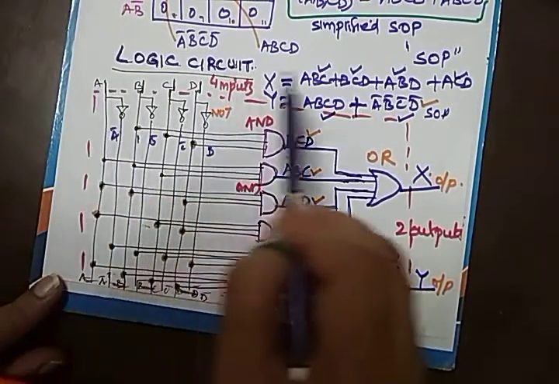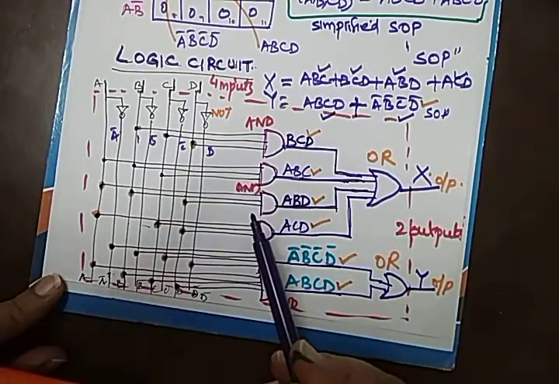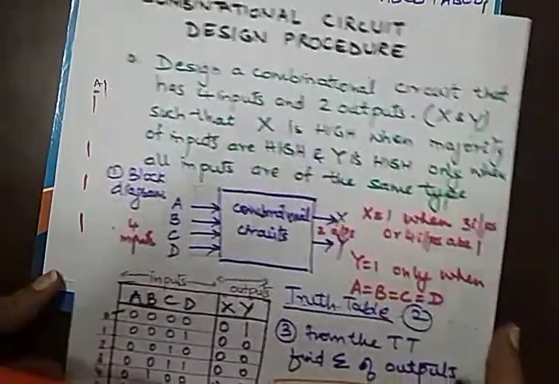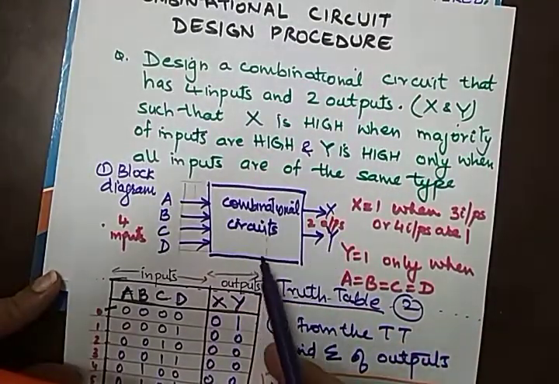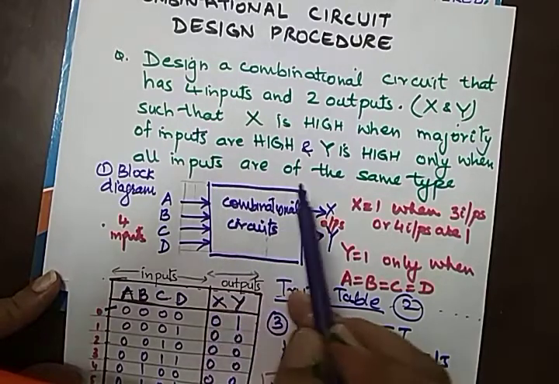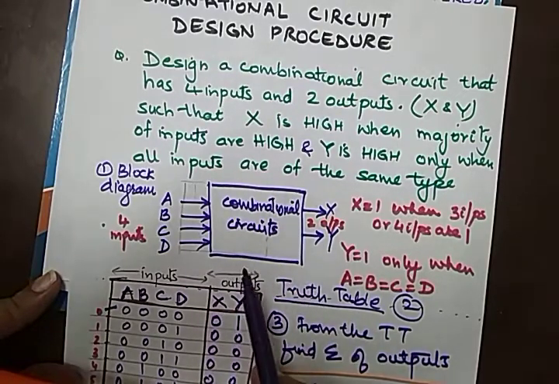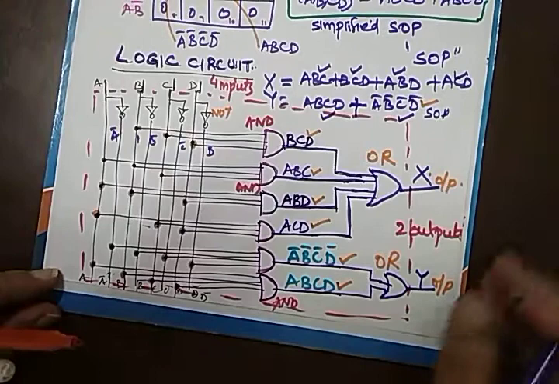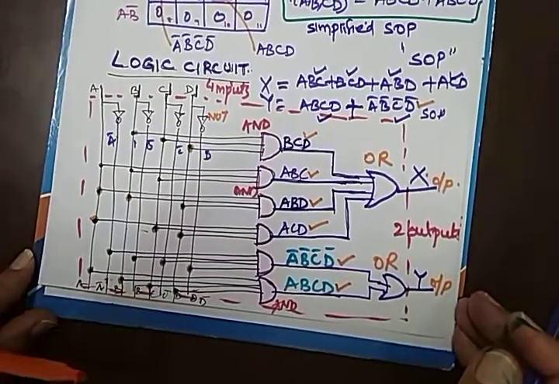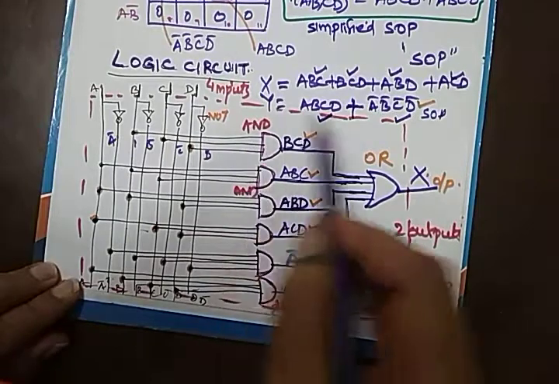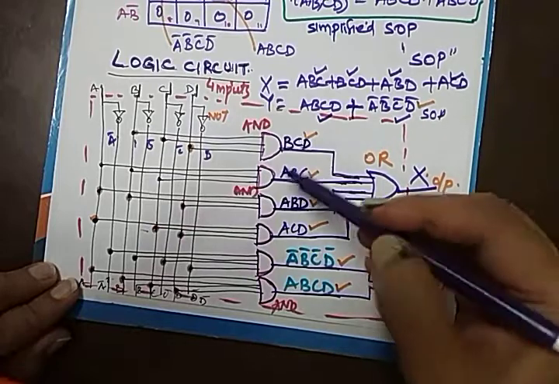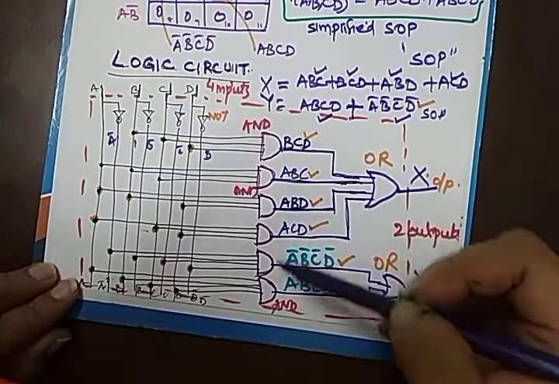So the last step is that we have drawn the logic circuit of the given combinational circuit. So let's recall our first step was this block diagram. At this stage, we did not know what is inside this block diagram. By completing the design, the last step tells us that this combinational circuit can be implemented with the help of these many logic gates. Let us list the logic gates. So we have 1, 2, 3, 4, 5 and 6.